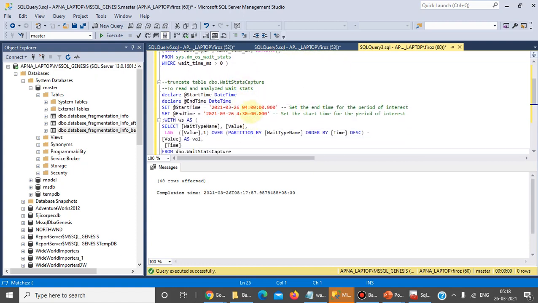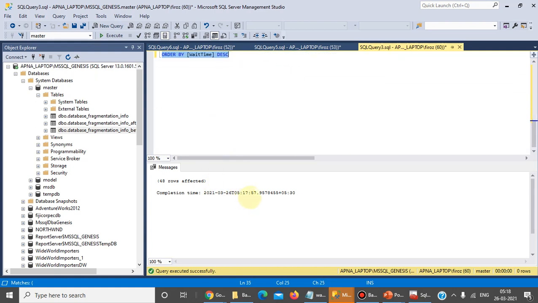After that, we can read data. Let's assume 5:30.